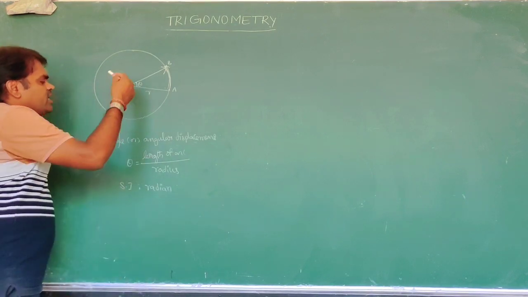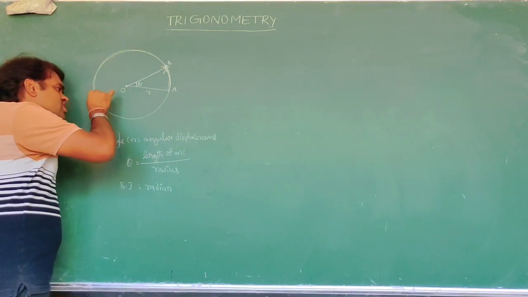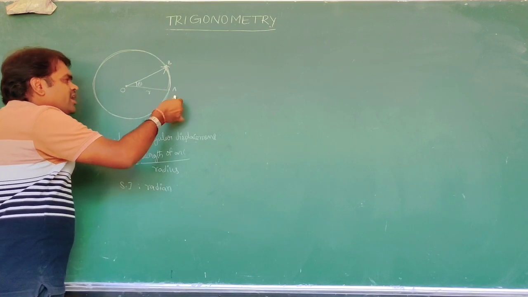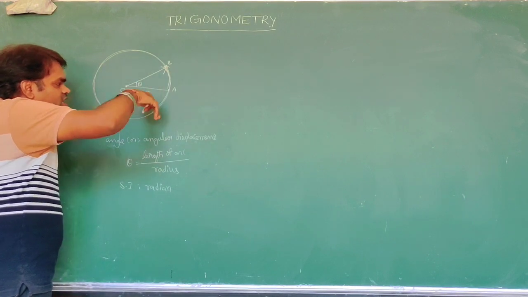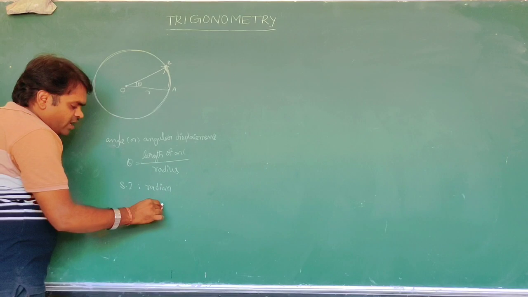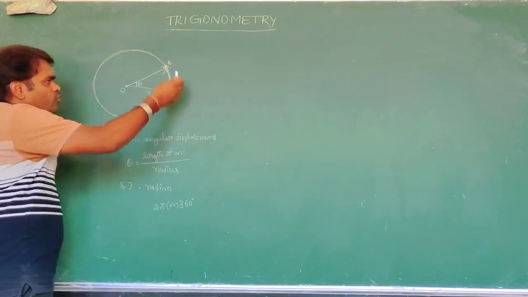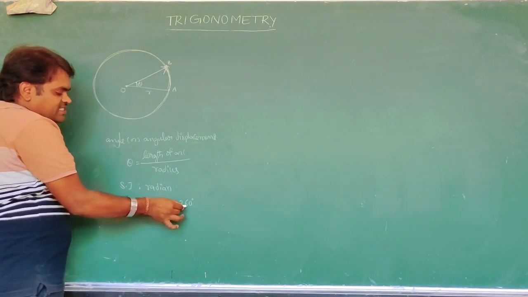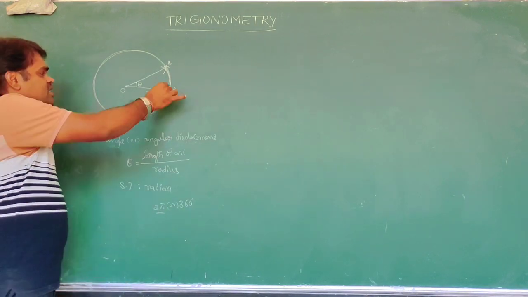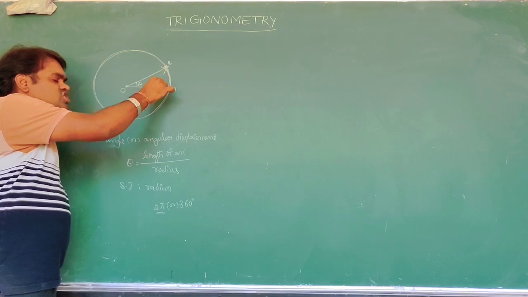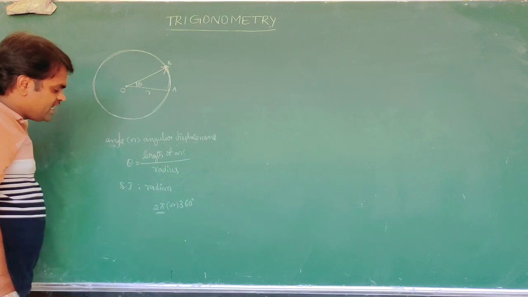Radians. For example, the person is moving completely in the anti-clockwise direction. It completes one rotation and comes to the same point. The angular displacement covered is 2 pi. This is called 360 degrees, because the total angle in the circle is 360 degrees or 2 pi radians. The person completes one rotation, comes to the same position, so the angle will be 2 pi or 360 degrees.